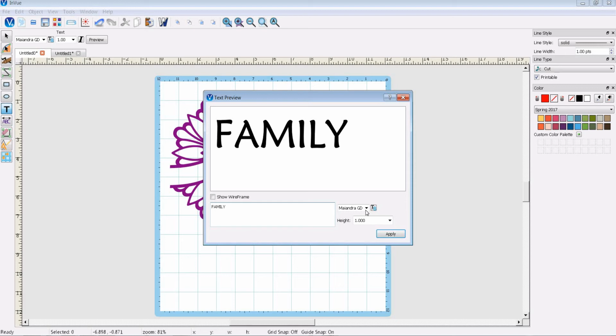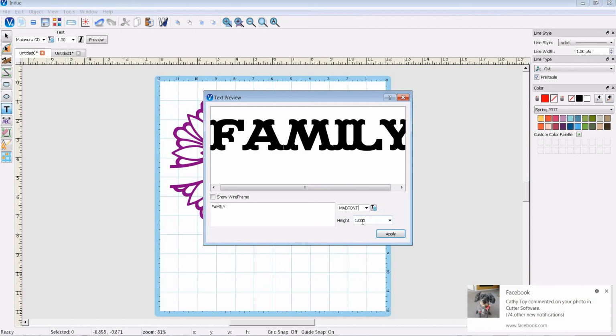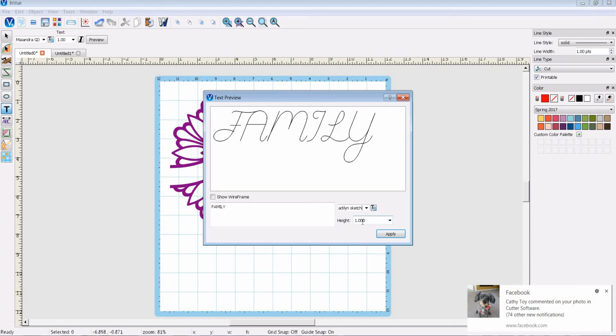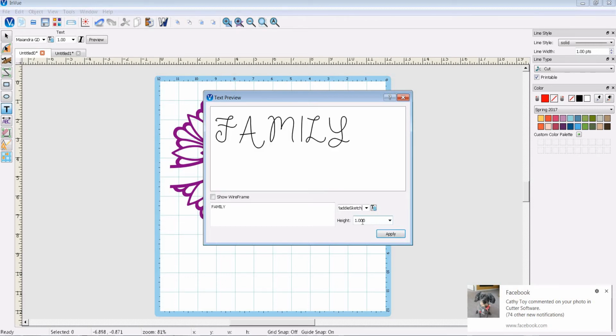Now you can choose any font that you want. Once you've chosen one, you can click and use your down arrow to get a preview of other fonts that you might like to use. So once you find the one you want to use,